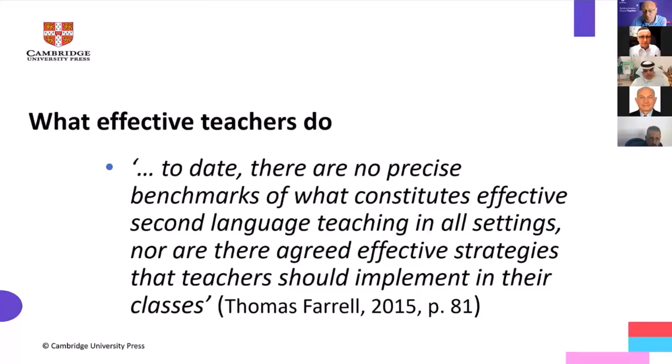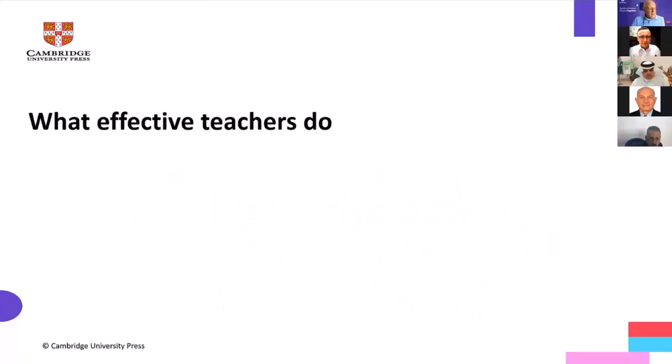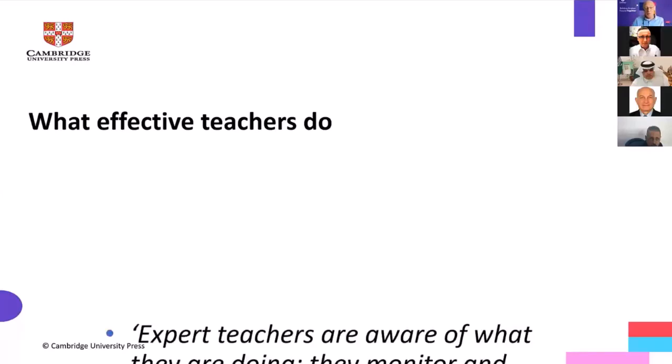Professor John Loughran from Monash University makes the point that an expert teacher has a high degree of self-awareness. Teachers are not just mechanical. They're not machines. They're not robots. They don't just do things. Well, hopefully they don't. They don't just do things because they're in the book. They actually do think about what they're doing. As they're thinking about what they're doing, they may take the opportunity to adjust or to do things slightly differently in order to help their students.